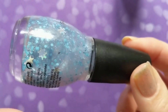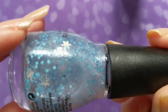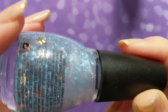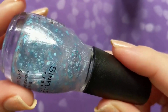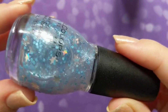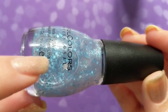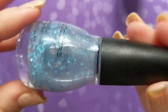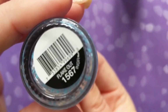And the reason why I did that, and the reason why I'm glad I didn't get rid of it, is because of these little matte blue glitters. I'm very into those glitters at the moment. I have a lot of polishes that I've been eyeing that have those, and I love the effect that it has on the nail. So at least I have some ideas now how I can use this, putting it over other colors specifically for those matte blue glitters instead of for the shimmer, which is essentially what I originally got the polish for. So again, that one is Flake Out